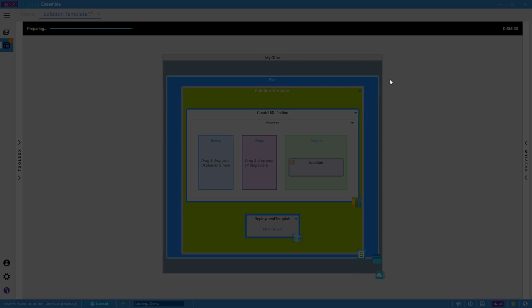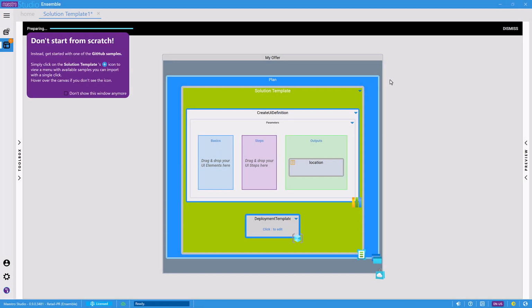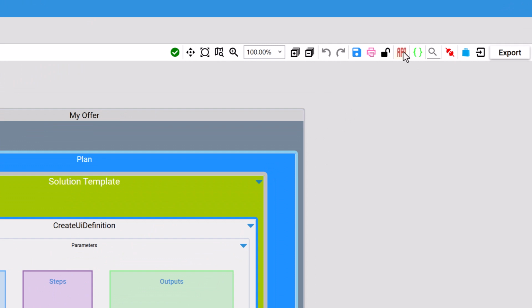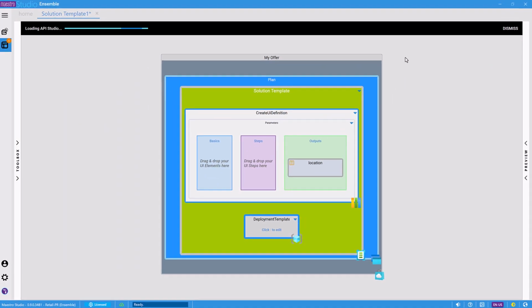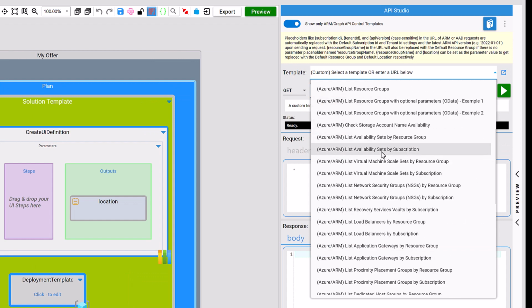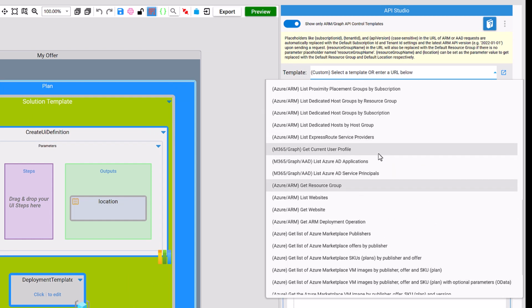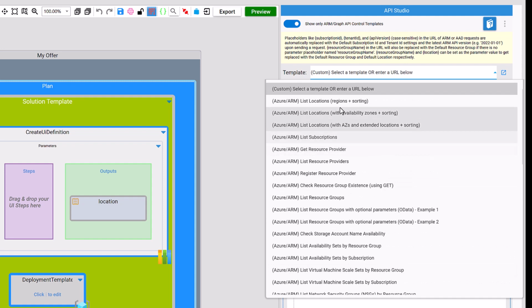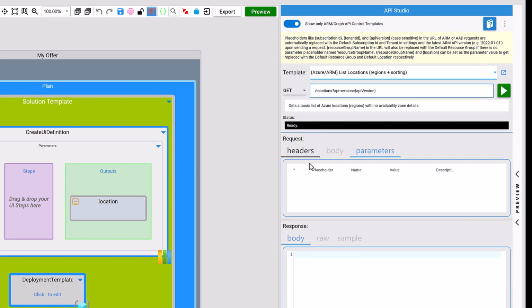API Studio is a REST API editor built into Maestro Studio. To launch API Studio, let's click on the API button. API Studio comes with several built-in templates for common ARM or Graph API calls that can be used in a UI definition. Let's use for this demo the List Locations API, which returns a response that contains information about all